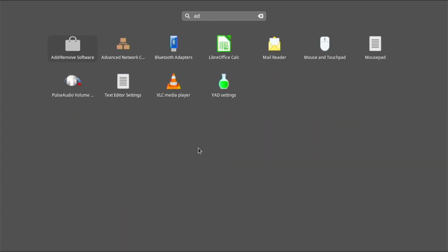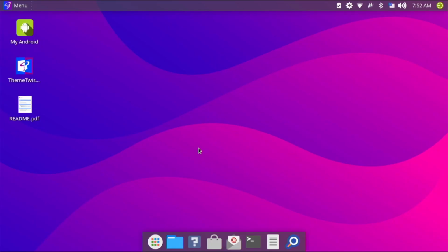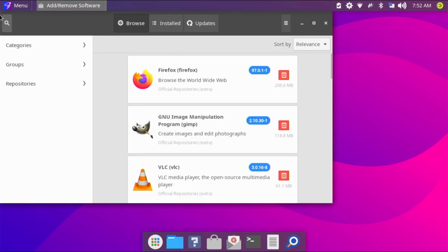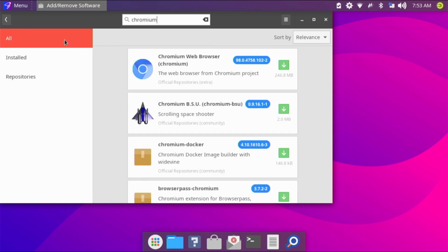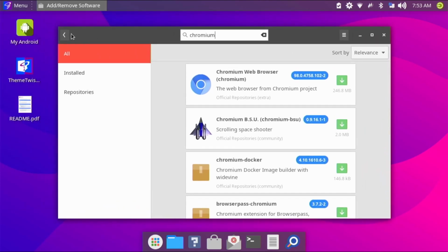but Manjaro does have this awesome application right here called Add or Remove Software, which is a pretty nice application store if you ask me. It's very nice, intuitive, and there are a lot of applications in here. Once it launches, I'll show you. So we could type in Chromium, and this is called Pamac, and you can just install it with a click. I really do love Pamac, the application store in Manjaro,